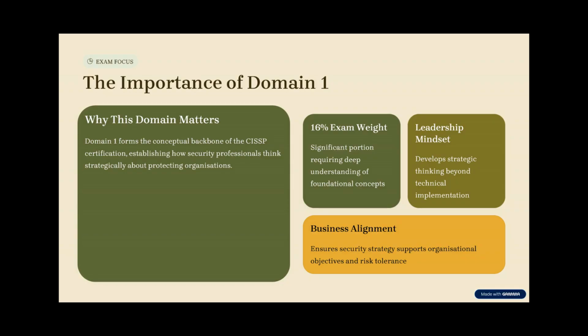Think of it like this. If you're the security lead for an online bank, your job is not just to encrypt data. It's to enable safe online banking so the bank can make money and keep customers. If you're at Netflix, your primary focus is not just locking down internal HR files, though that's important, it's making sure that services stay up and stream when millions log on Friday night. That's business alignment. Domain 1 builds that strategic, risk-based thinking. It's the foundation.